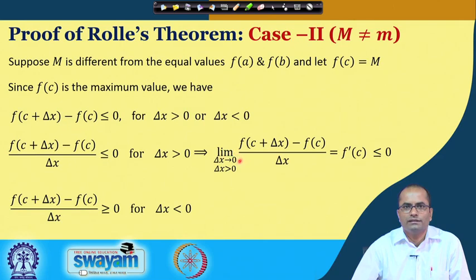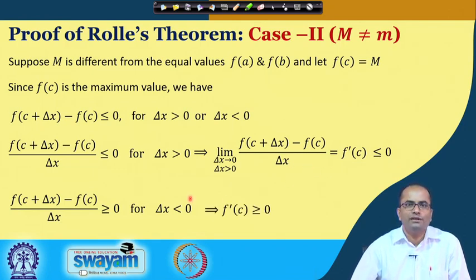And now, in this first case, when I have taken here the delta x positive, I will take the limit as delta x goes to 0 and this expression is less than or equal to 0. So, if you take a close look at this one, this is the right hand derivative of the function f, and since f is differentiable, this will be equal to the derivative of the function. So, we have here this inequality that the derivative will be less than or equal to 0 in this situation.